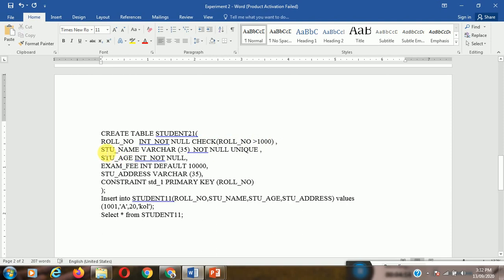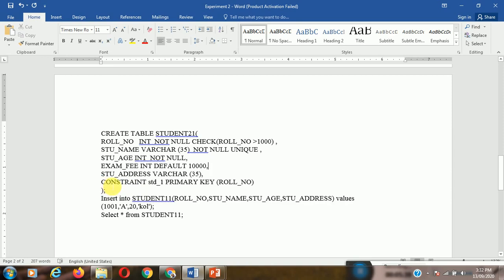Then the second column is student name, varchar 35, not null and unique. So I have implemented two constraints for that column. Then student age integer, not null, and exam fee integer, default 1000. So the default value is set to the exam fee column for all the records. The next is student address varchar 35, with no constraint,